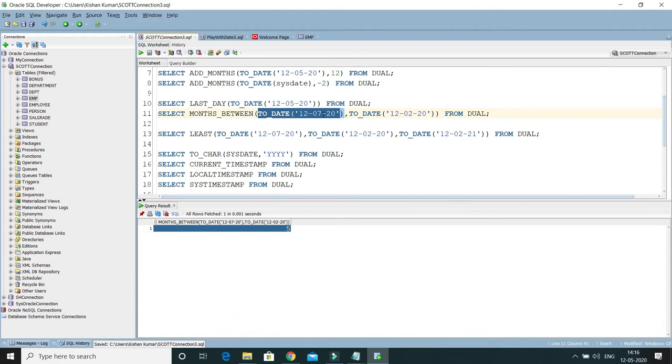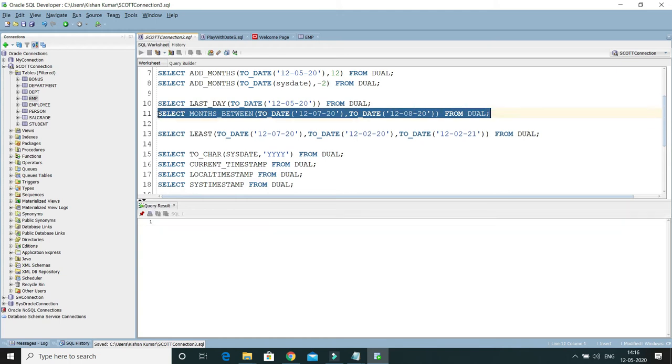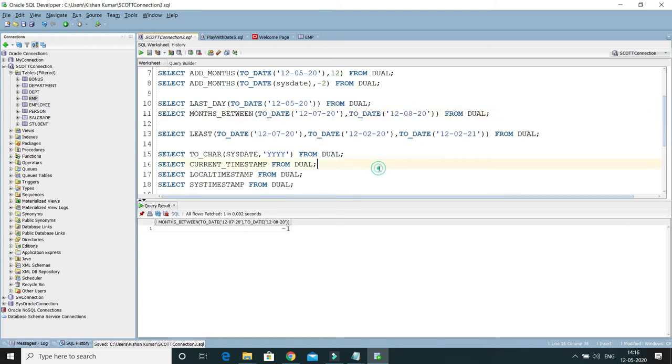If the first date is less than the second date, it returns a negative difference. Let's say this is July 20, and in the second date I specify August, then this is going to return almost -1. So keep these things in mind.